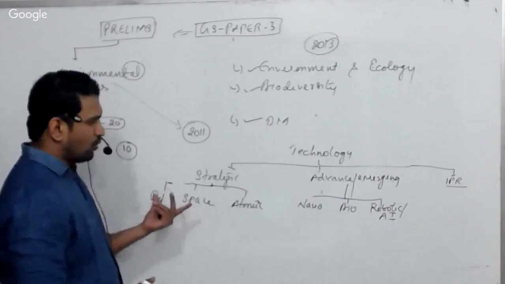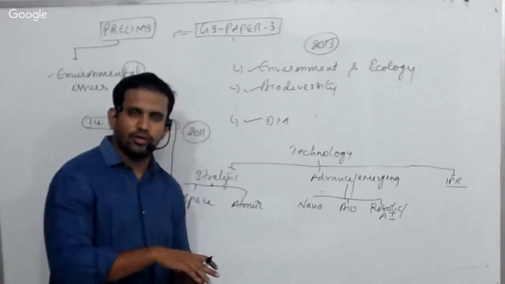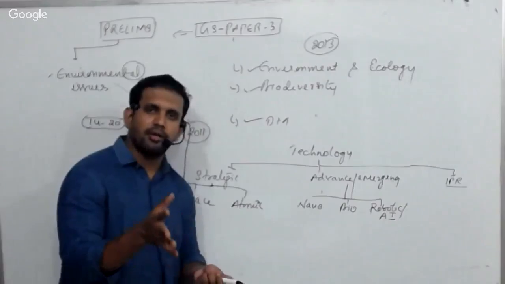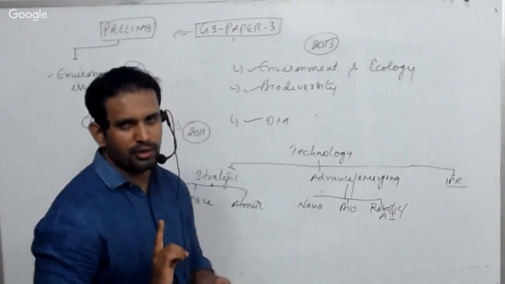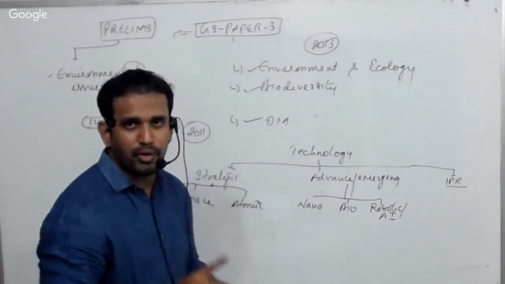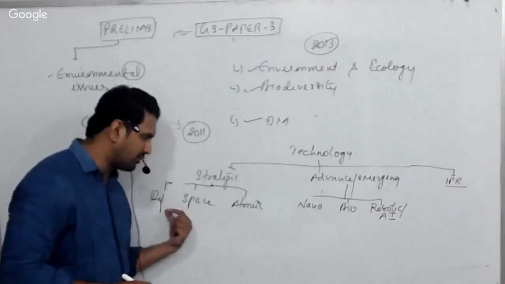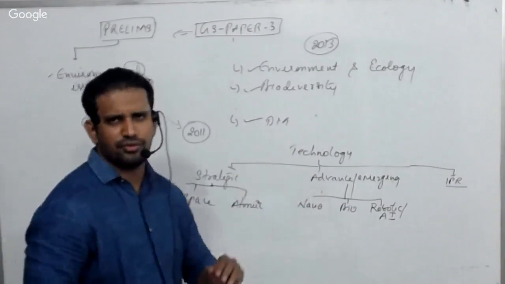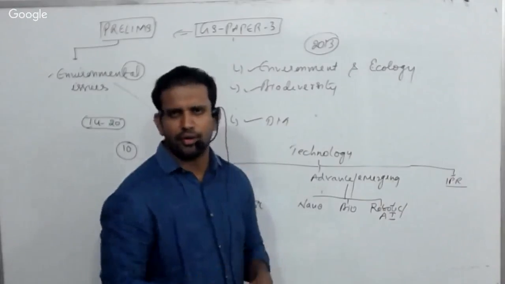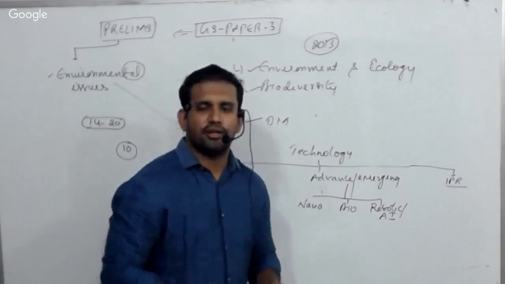With regard to your mains weightage of questions, as I have told you, the majority of the mains questions in GS paper 3 belong to economy. Next important is technology. They are asking continuous questions on defense, space, nano, bio, etc. Robotics was a 2017 question itself. So remember this.